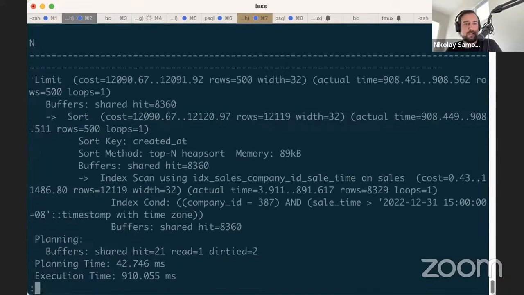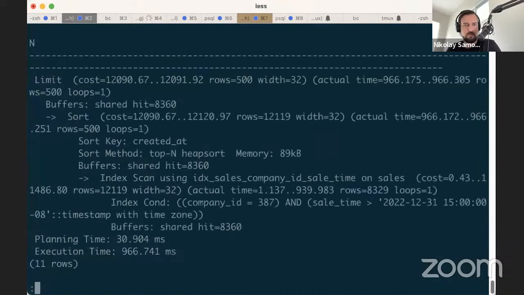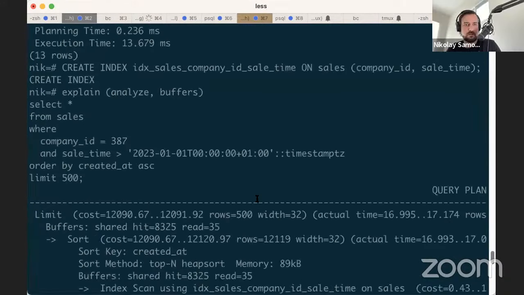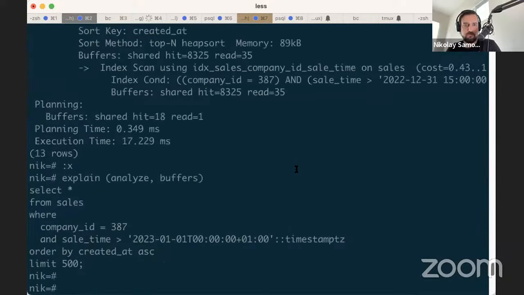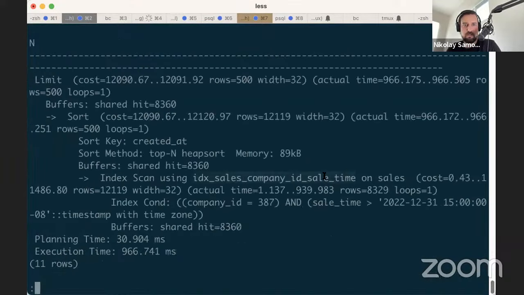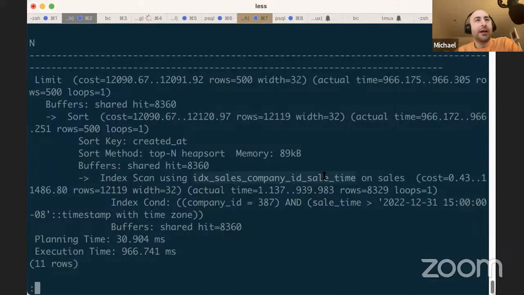So let's see. Now, we see which index is being used: it's the old index, right? But I wonder why it is extremely slow. Yeah, worse. So we created an index called company_id, sale_time first, and then we created an additional company_id, sale_time, created_at, and it's still using the old index, but became slower, right? Try it again, because there was some... Oh wait, you did try it again. I saw some